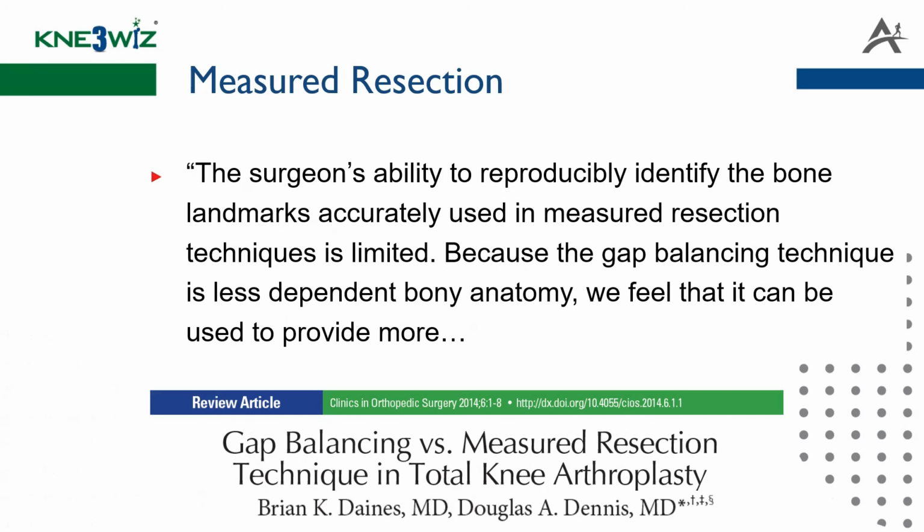In a review from one of the huge proponents of gap balancing, Doug Dennis, the surgeon's ability to reproducibly identify accurately the bony landmarks used in measured dissection is limited. Because the gap balancing technique is less dependent on bony anatomy identification, it can be used to provide more reproducible flexion gap stability.